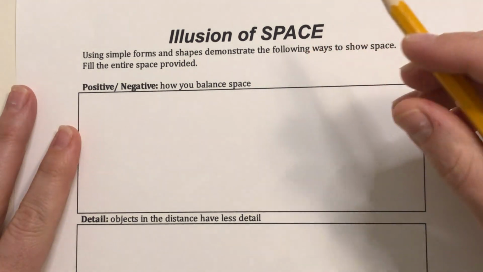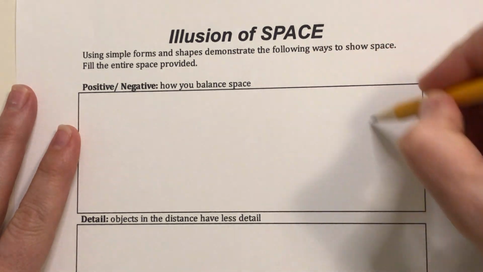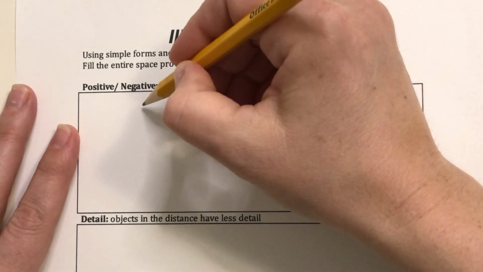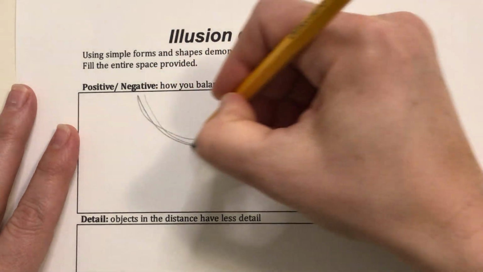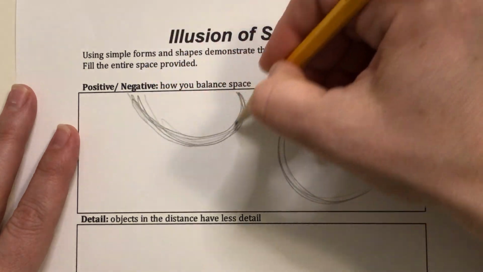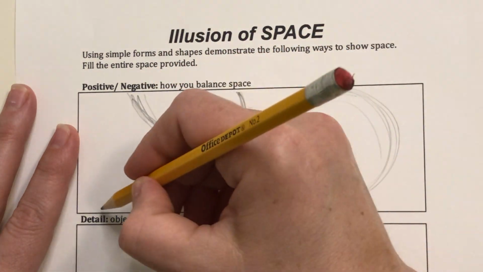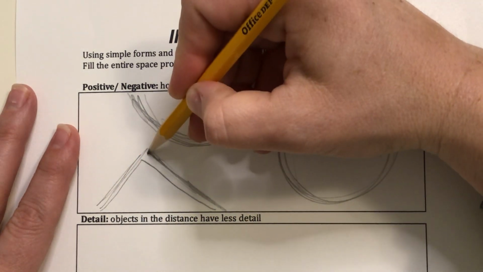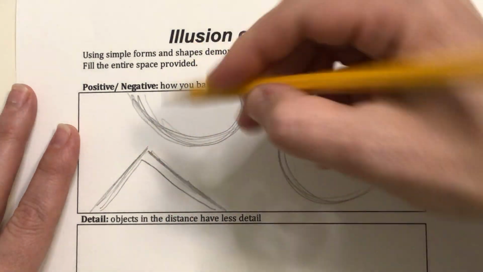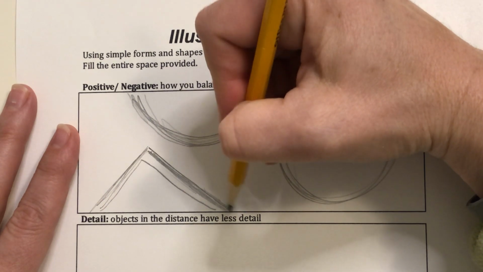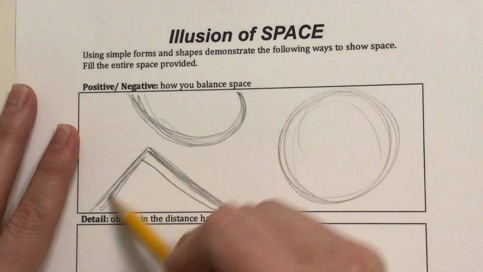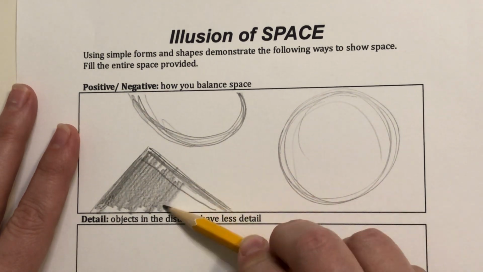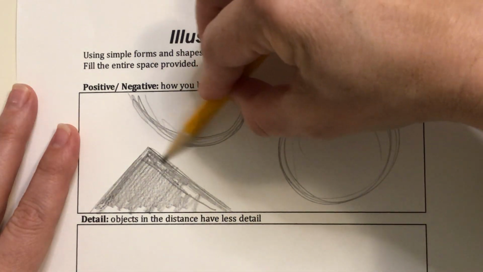For the first example, I'm just going to do some simple shapes. It doesn't matter what you're putting in there. I'm just trying to balance out the space provided. And the way that I'm going to differentiate between what's the positive and the negative is I'm going to shade in my positive. In all of the shapes that you put in, just make sure that you entirely shade